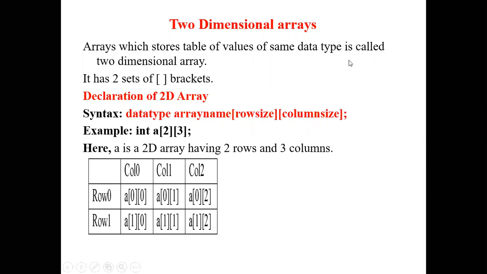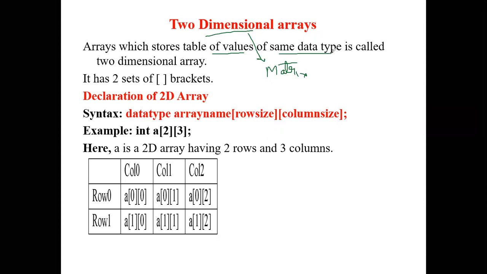So next we will discuss a two-dimensional array. So previously we have discussed one-dimensional array. Okay. So two-dimensional array is nothing but the concept of a matrix in C. Okay, so it is an array which stores tables of values of the same data type.